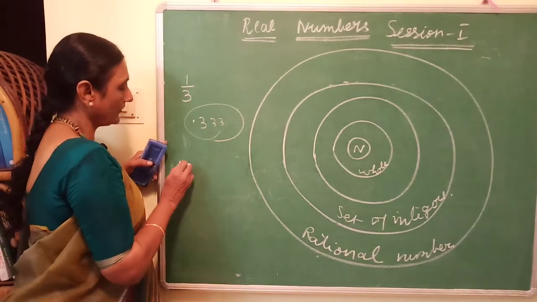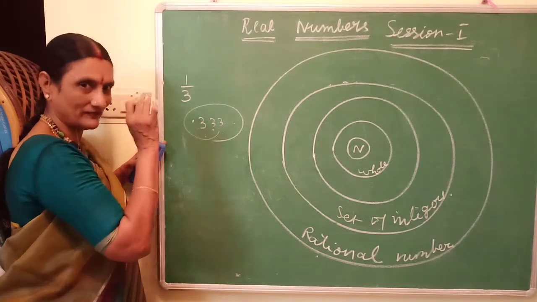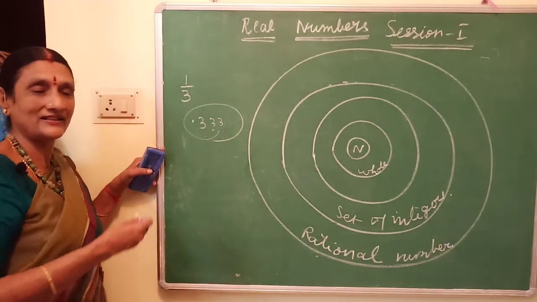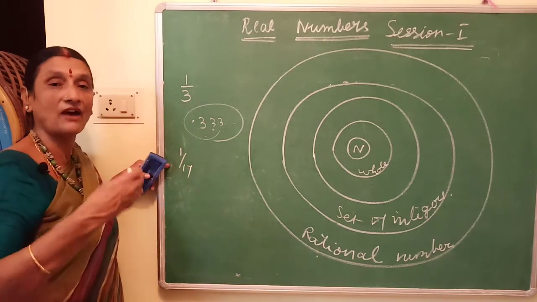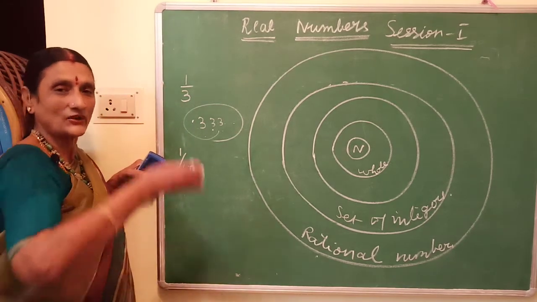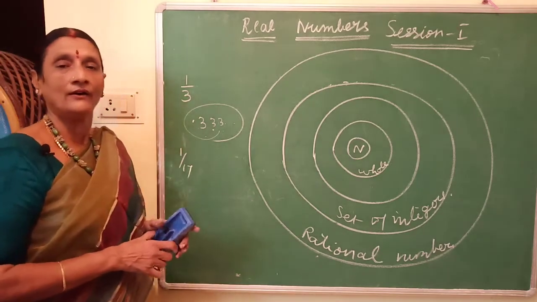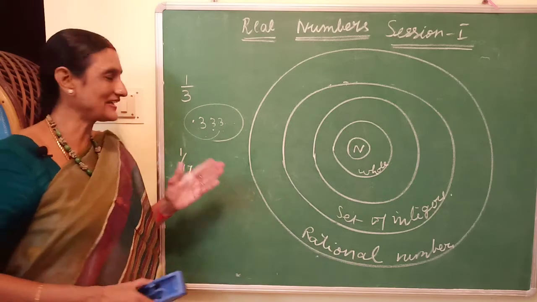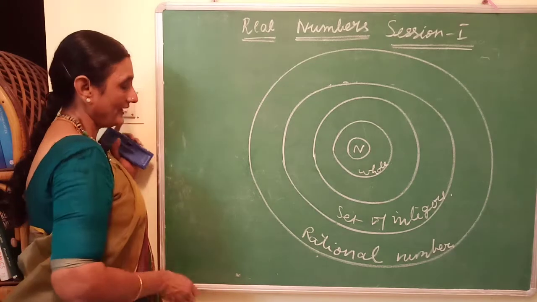Right? Therefore, any repeating decimal of this form, it can repeat after 1 digit, 2 digits, 3 digits, 4 digits, like 1 by 17, it repeats after 16 places. So any repeating pattern of decimals also falls into the category of rational numbers. Are you understanding? But there are decimal representations like